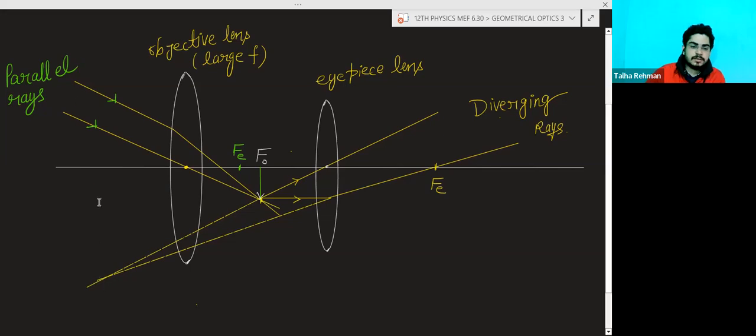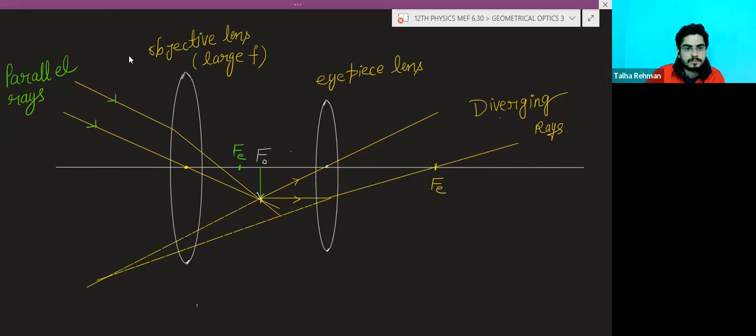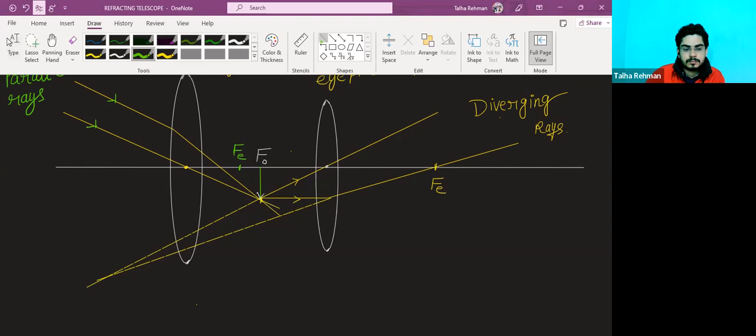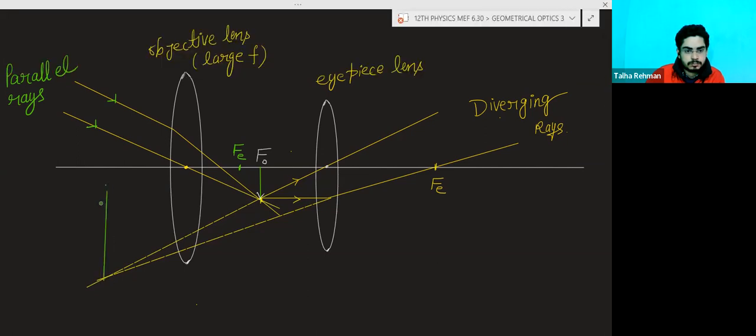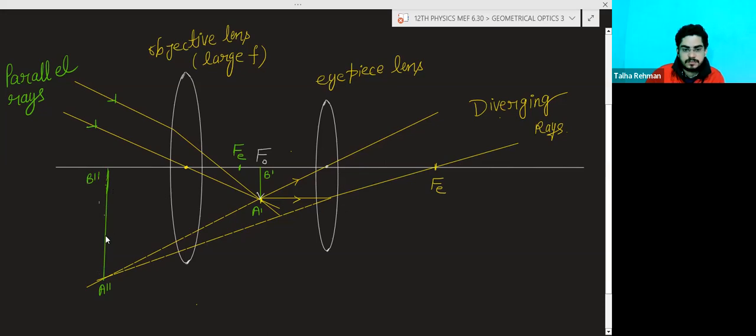Okay, and here the image will form. Suppose this is A dash B dash, and this is A double dash B double dash, and this is the final image. Okay, now